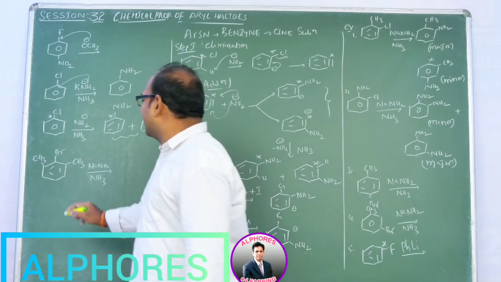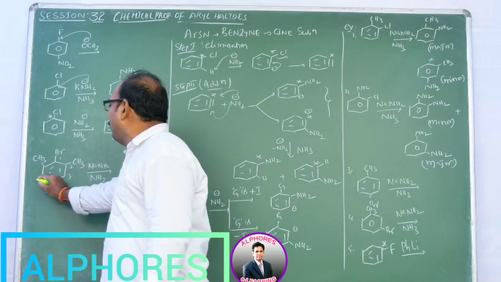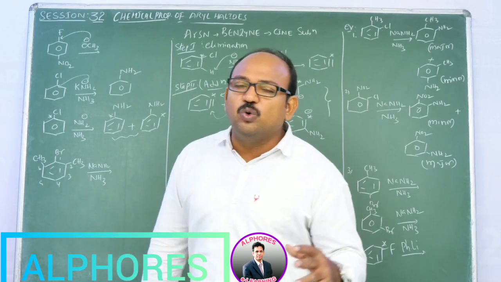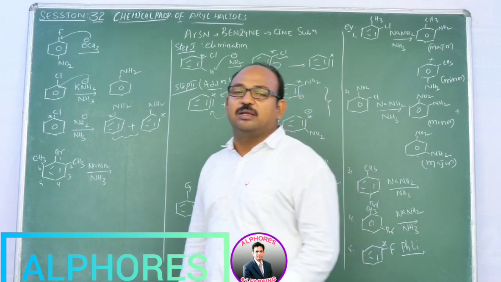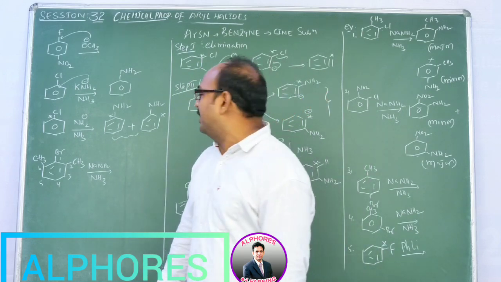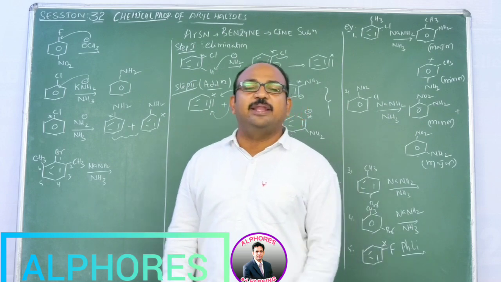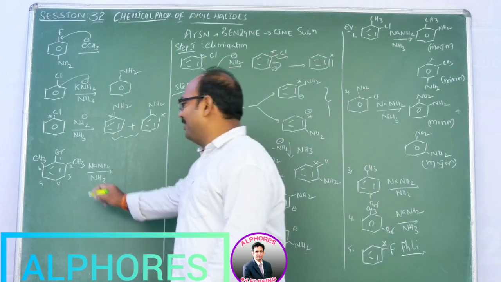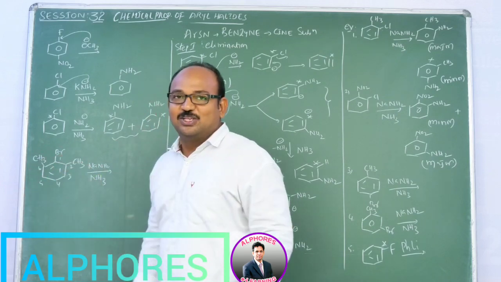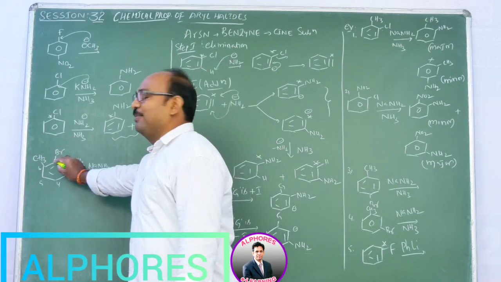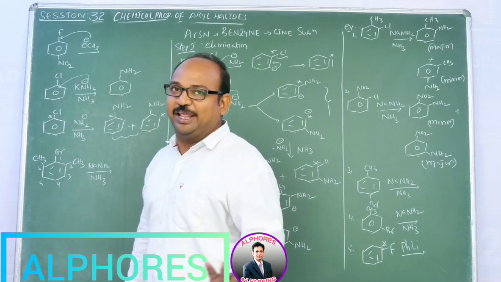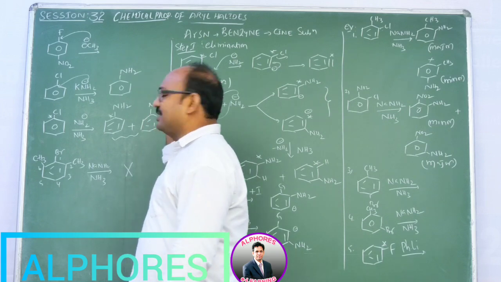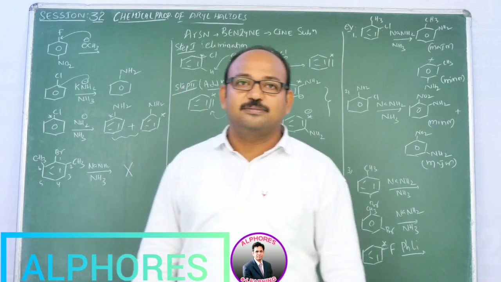Here I consider the positions 1, 2, 3, 4, 5, 6. So 2,6-dimethyl bromobenzene, with the bromine at position 1, upon reaction with sodamide in liquid ammonia. So what product are we expecting? Here this methyl and this methyl are blocked, so ultimately we are getting only here, means this Br has to be displaced by NH2, right? So we are expecting that product. Okay, experimental results reveal that there is no reaction.